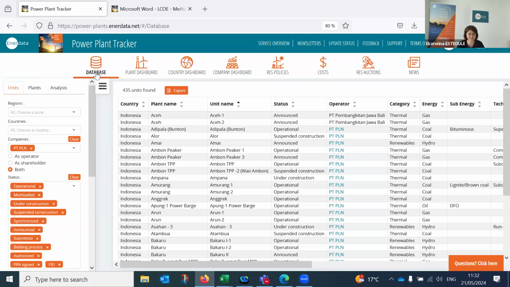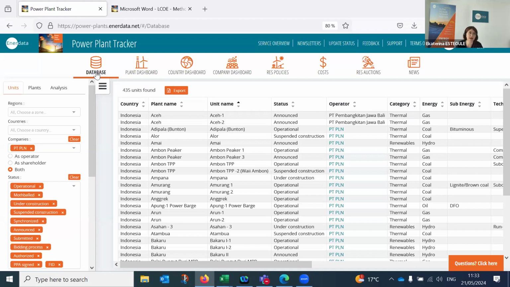Sure. First of them is: what differentiates power plant tracker from other power plant databases? Okay, thank you. Good question. I think that the first thing that differs from the other providers is updates. We do provide daily updates, and when this type of information is important, you will get the right tool and right updates double-checked by experts working on this power plant tracker.